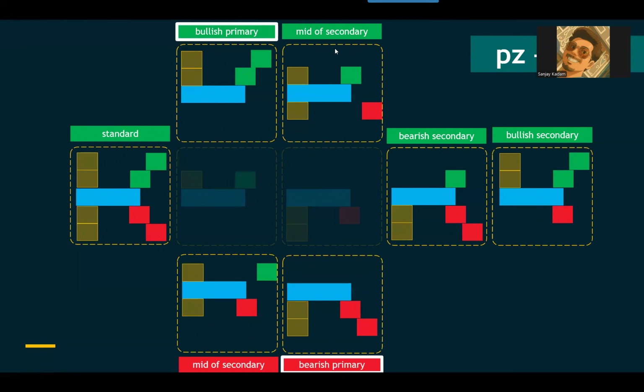This is mid of secondary. What is this mid of secondary? I'll show you on the chart. This is nothing but plus 1x minus 2x. Can you see plus 1x minus 2x? Minus 1x plus 2x. There can also be minus 1x and plus 1x. And standard bearish also. Mid of secondary and standard bearish. If we combine all this,